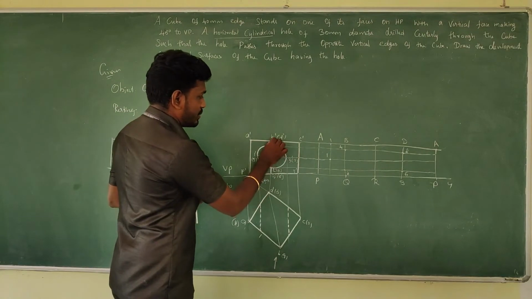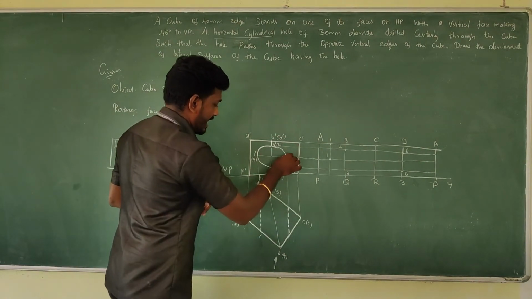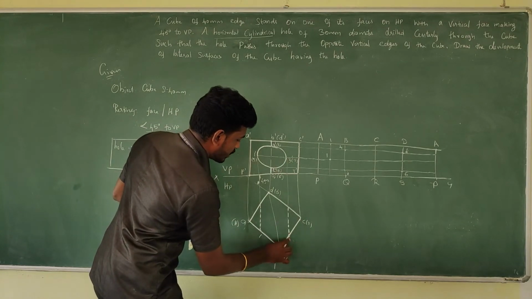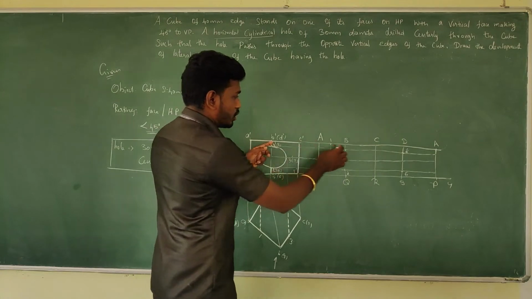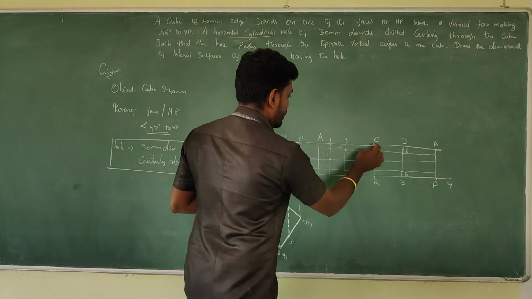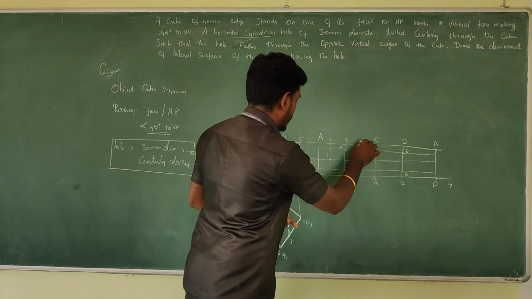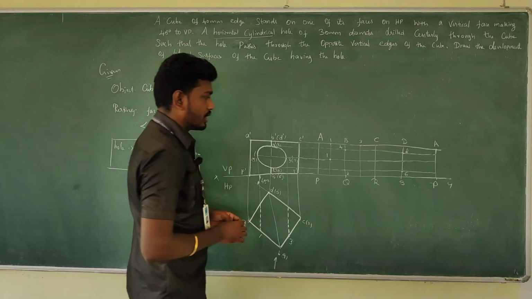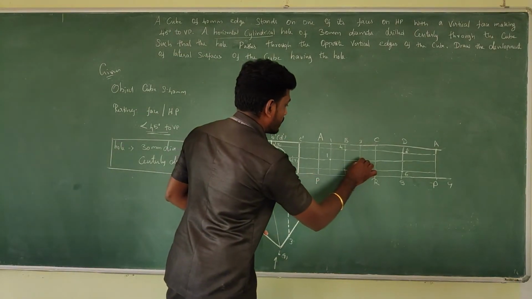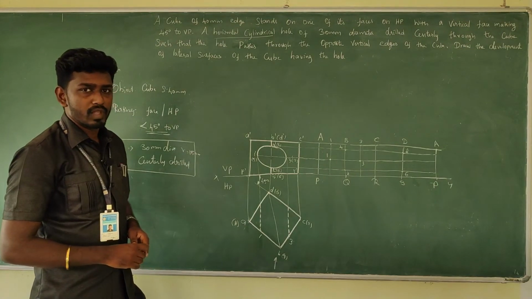Where is it? It is between the face B to C. Am I right? B to C. When you are having the projector, it meets at this particular place. This is 3. It is between B to C. Take the measurement from C and just try to pass it on. So this would be your 3. If you draw a line, you will get the intersection point. This becomes the 3. Have you got it?